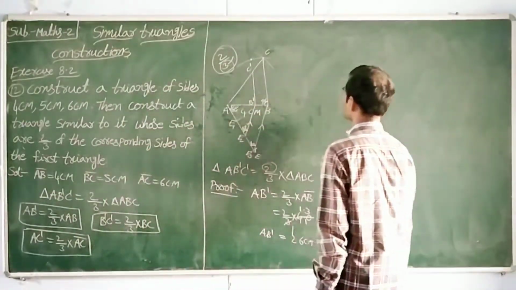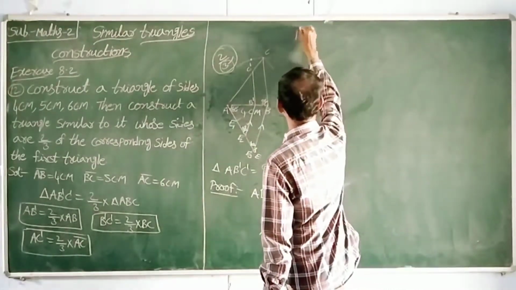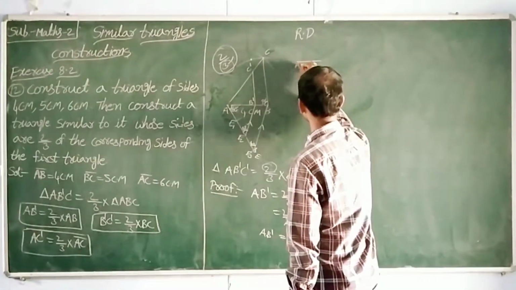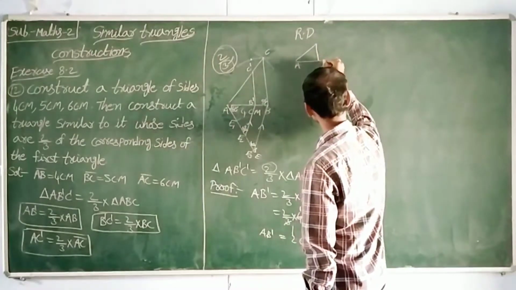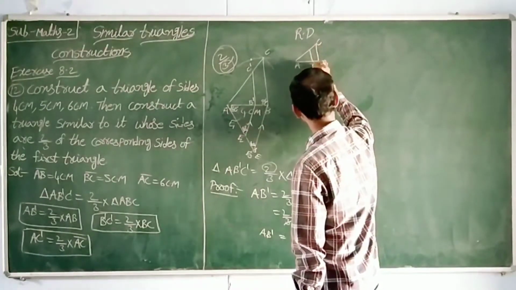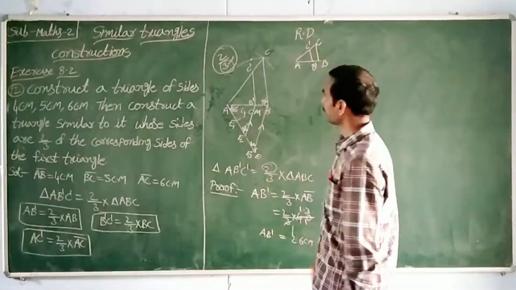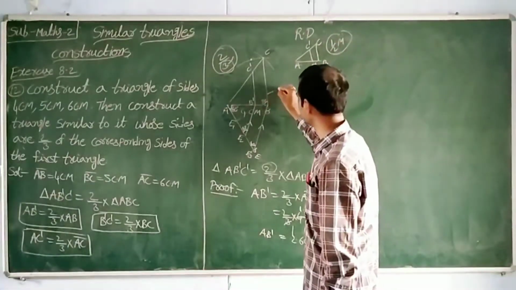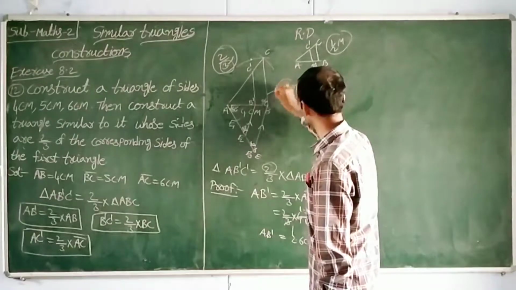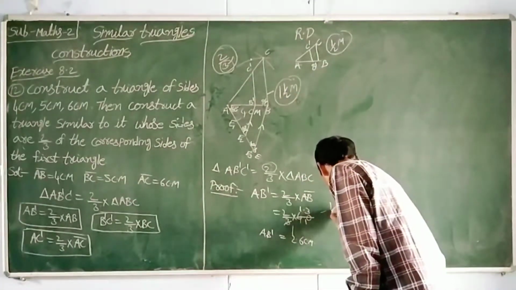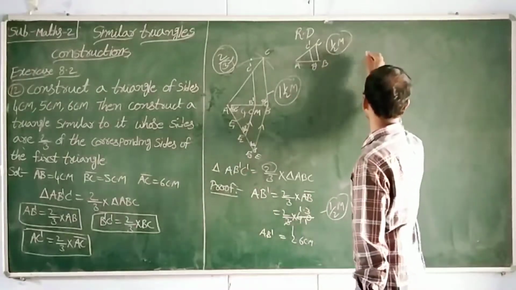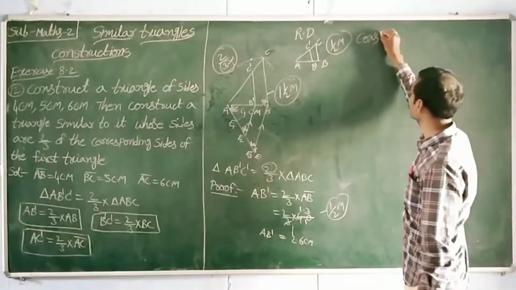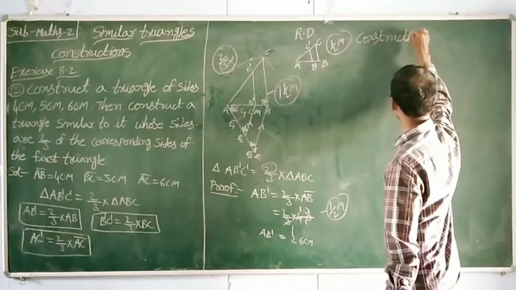After that, you can write the construction steps. Again, you can draw a rough diagram also. For the rough diagram, simply draw triangle ABC and again B dash, C dash. In the annual exam, the rough diagram carries half mark, and this diagram 1.5 marks, and for this proof half mark. You can write the construction steps in your own words, how we construct it. For the construction steps, 1.5 marks.